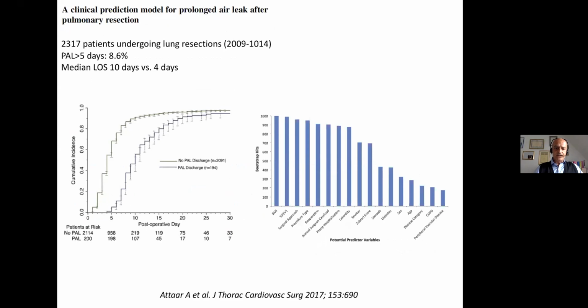This is one of the most recent risk models, published in the JTCVS in 2017, and it is based on 2,300 patients undergoing lung resection. Prolonged air leak was 9%. Obviously, it was associated with a much longer hospital stay, 6 days longer on average. Again, low BMI, low FEV1, the type of procedure, the side, and the smoker status were all associated with